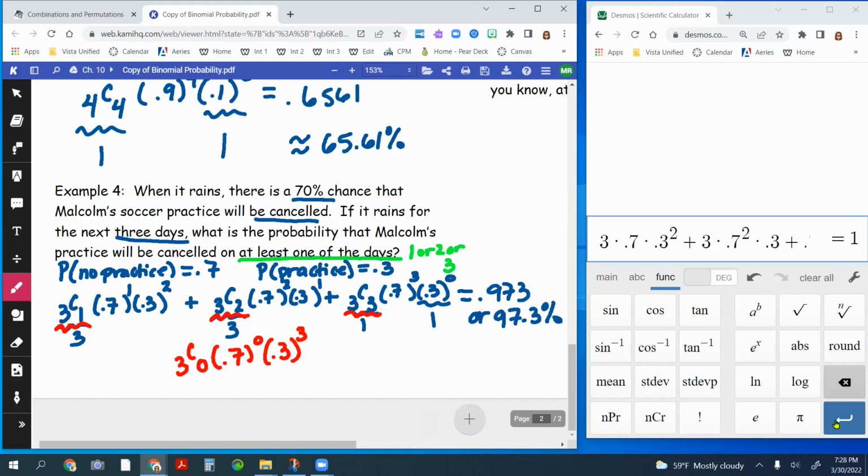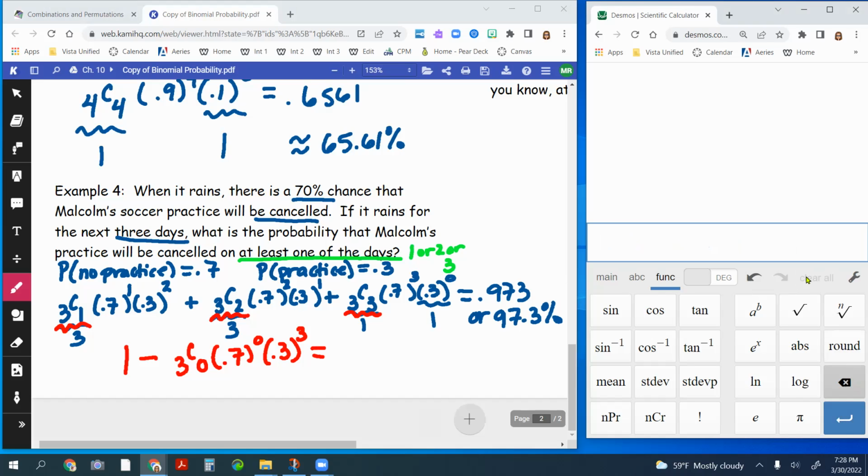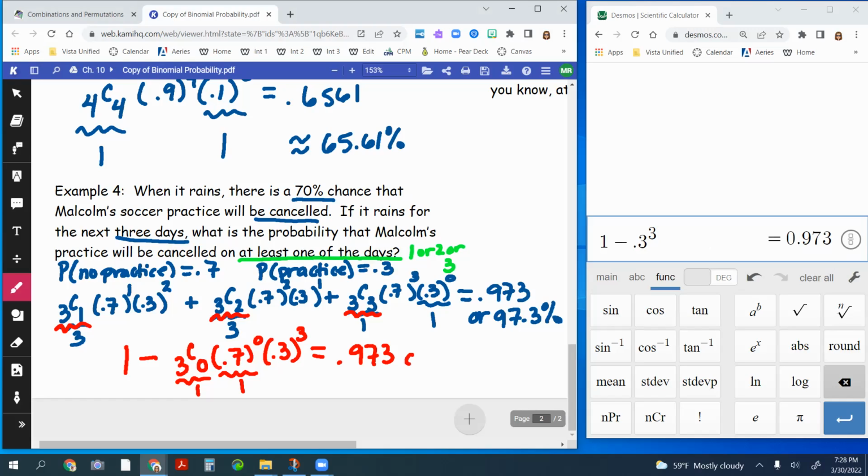So what that means is there's 2 ways I could do this problem. If I want at least 1 day, which means 1 or 2 or 3 days, what did I not have? 0 days. So I can take 1 minus what I did not want, which is 3 choose 0 times 0.7 to the 0 times 0.3 to the third. And if I put this into my calculator, 1 minus, and then again, you can put this in, but 3 choose 0 is just a fancy 1. 0.7 to the 0 is just a fancy 1. So I'm really going to have 0.3 to the third. And you see I got the same answer, 0.973,